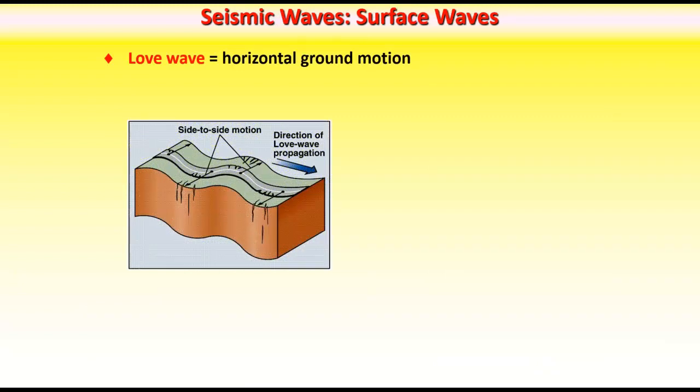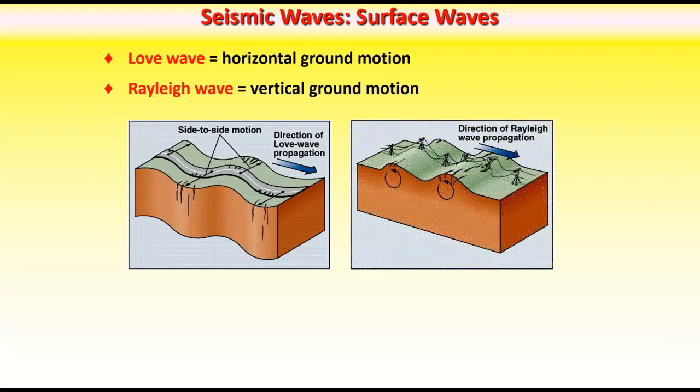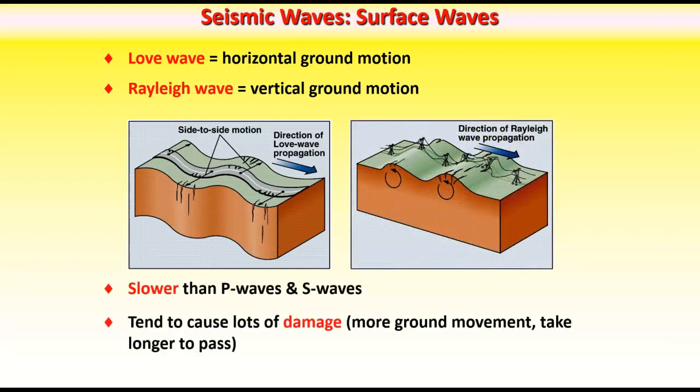The two other waves that we'll mention briefly are what are called surface waves. Those are a Love wave and a Rayleigh wave. These are the slowest moving waves that we see, and because of that, they cause the most damage. They run along the surface instead of penetrating deep into the earth. They cause the Earth's surface to move both vertically, in a rolling motion, and horizontally in a shifting